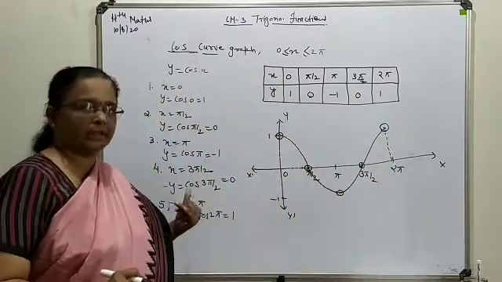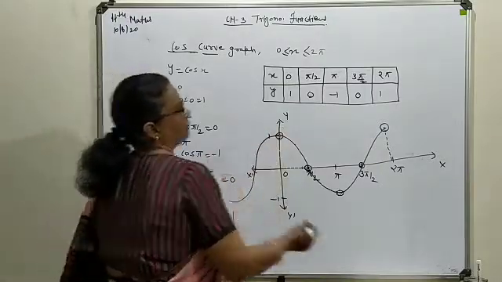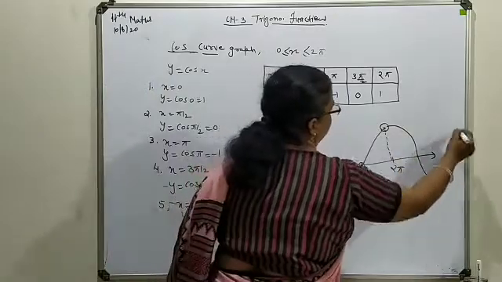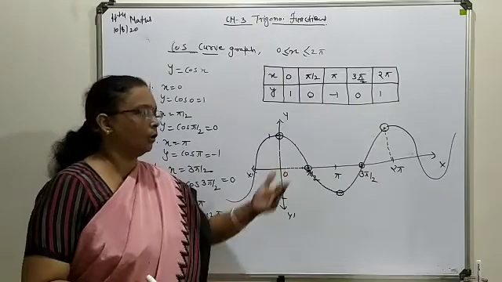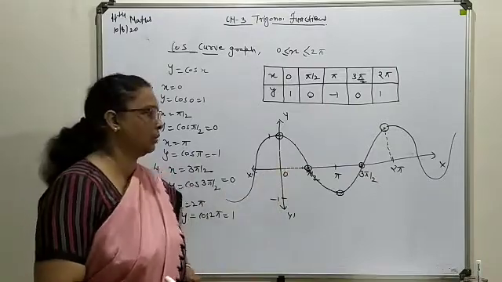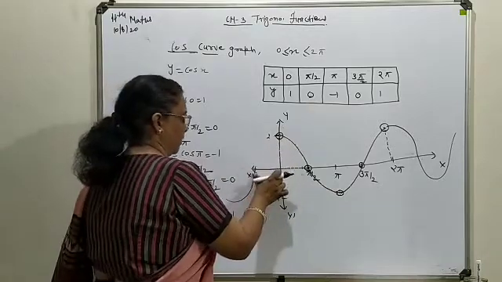Again, both ways it can be extended. This way it can be extended over here, and this way also it can be extended to make a continuity of the curve in the positive or negative direction. So this is the pattern of the cos curve you will have.